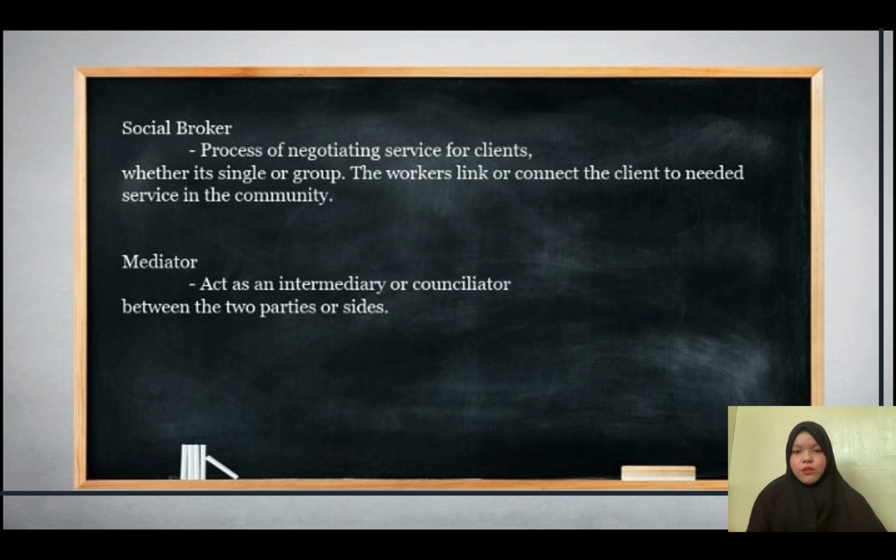So, let us proceed to this social broker. So, what is social broker? Social broker is a process of negotiating service for clients, whether it's singles or group. The workers link or connect the client to needed service in the community. So, as a social worker, playing the role of broker means you as a social worker linking clients to needed resources that they need in order to survive and to function in the society, or to make referrals to link